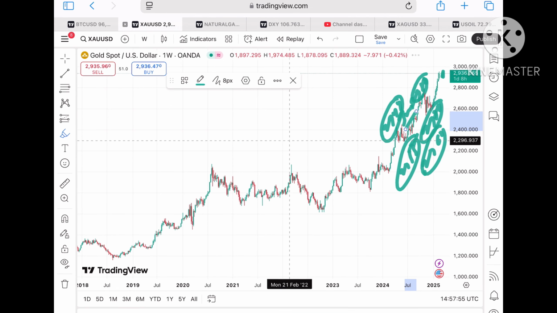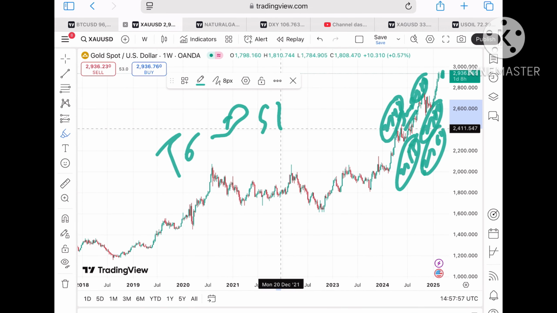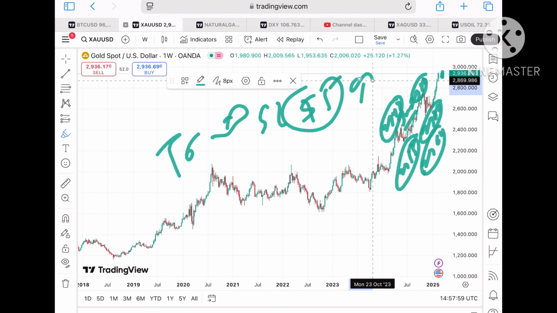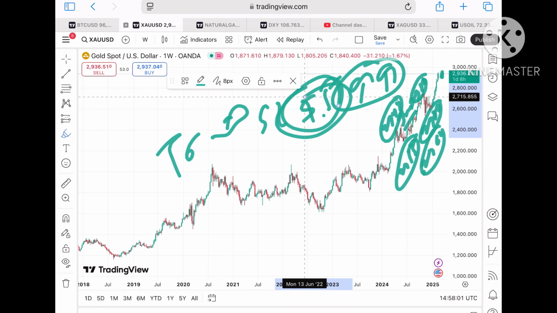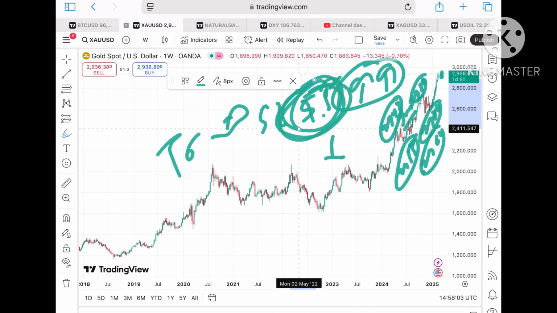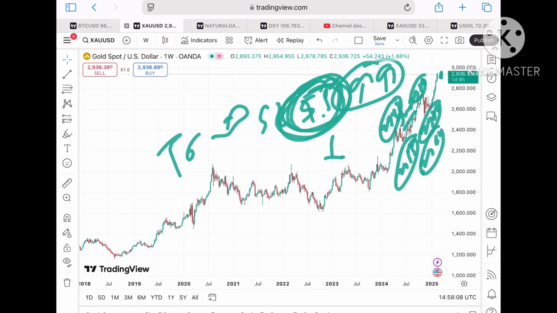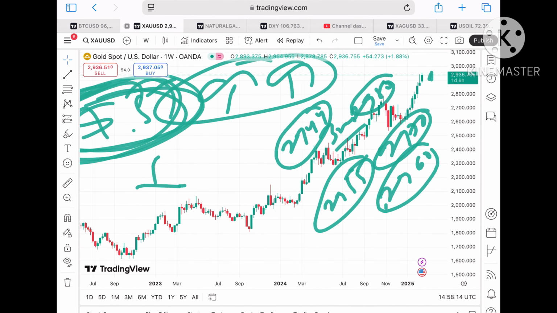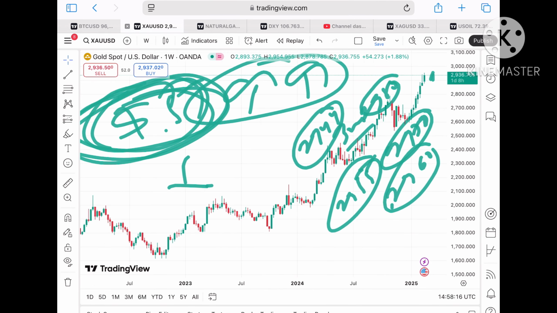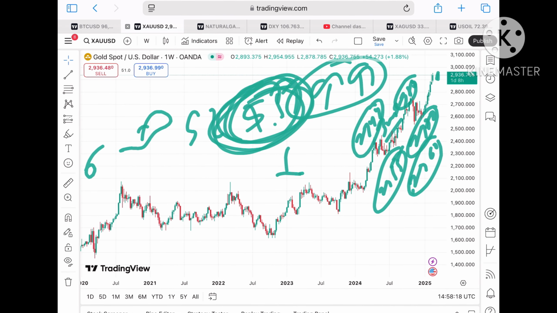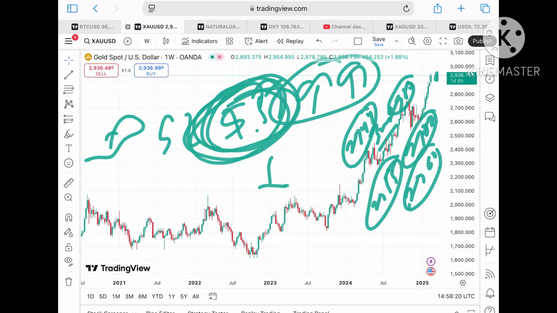The best thing you can do is trail your SL by $5, so you can capture a big movement towards the upside. If the price comes down, you will also capture a big movement, and you will not lose this trend. If the price starts going up to $3000, you can keep trailing your SL, so you can capture a big movement towards the higher side.